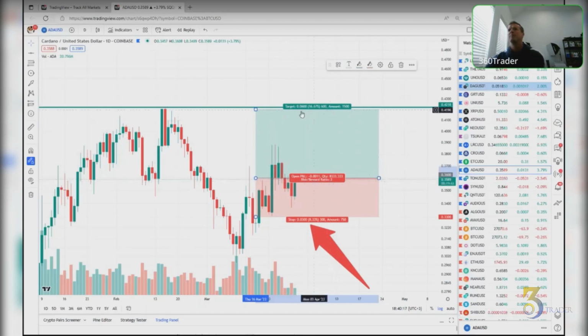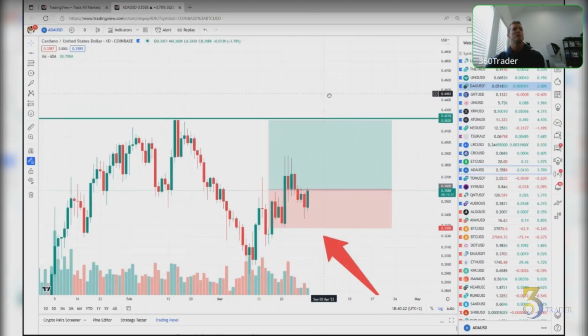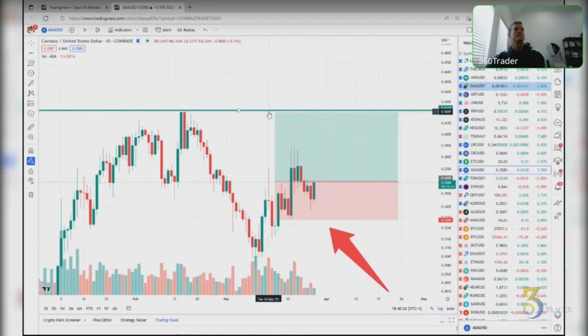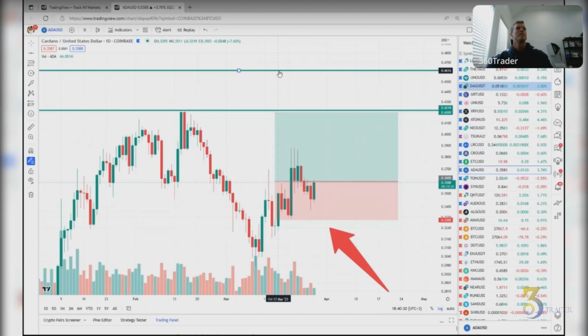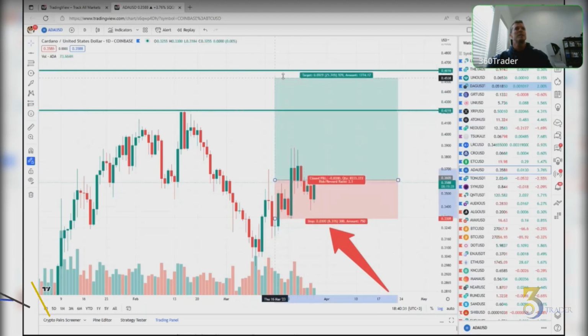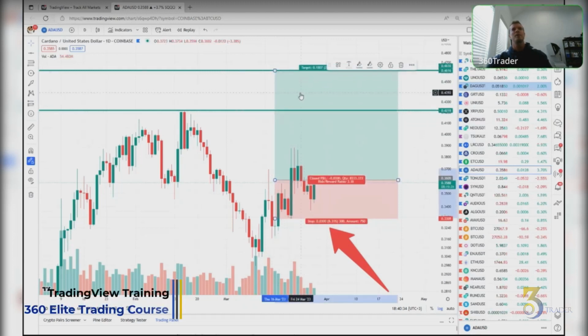Everyone get that, right in the middle. So you have valuable information here. And then of course, at other targets, you'd have to change this. If I have multiple targets, you just move it up to get that information, whatever you want to do. And here now that risk reward has changed to 3.36, which is awesome.